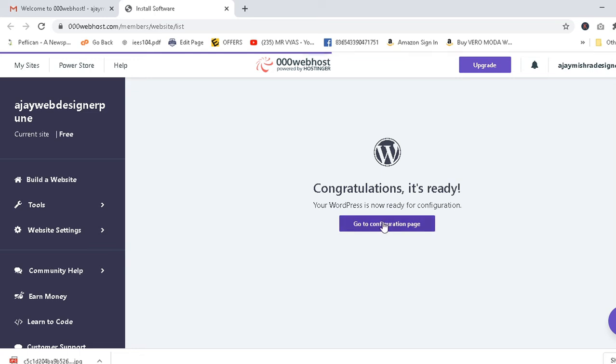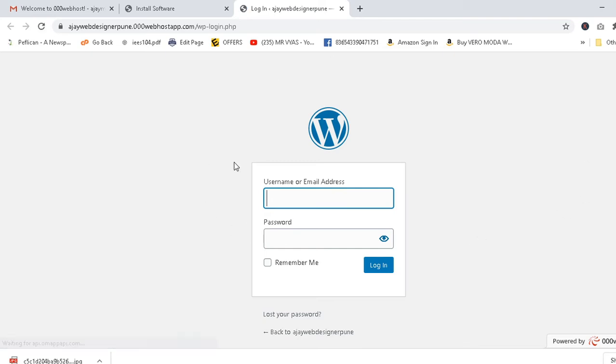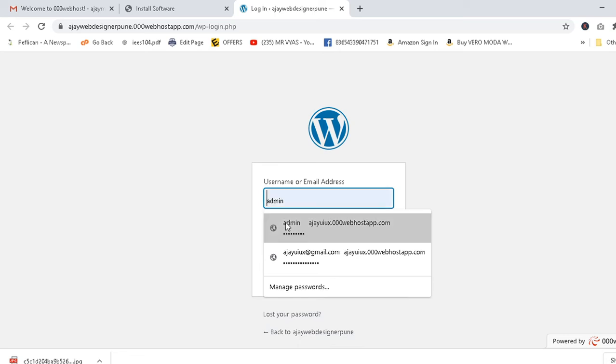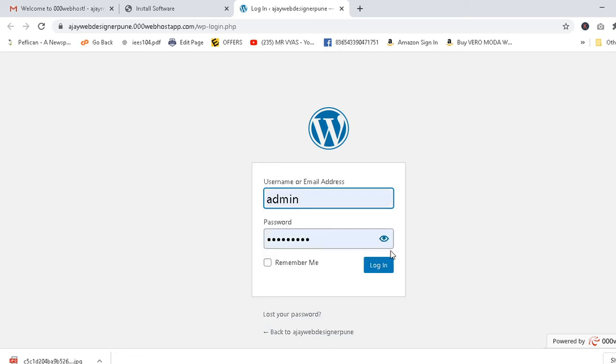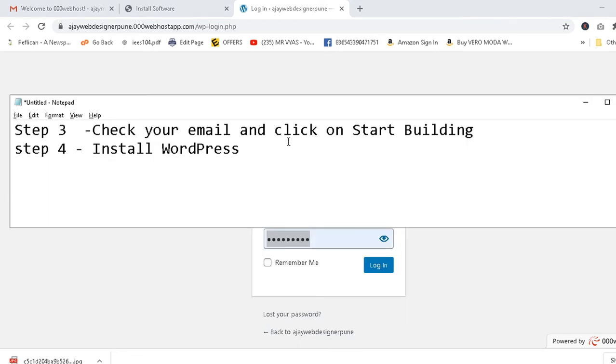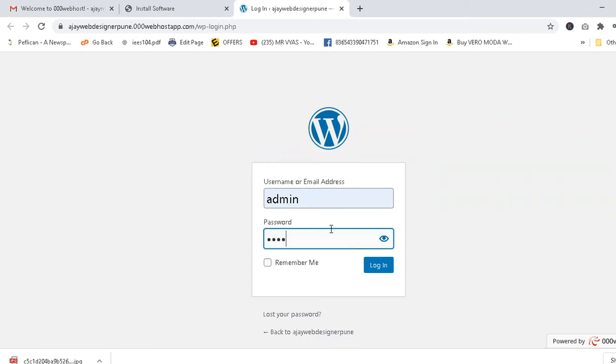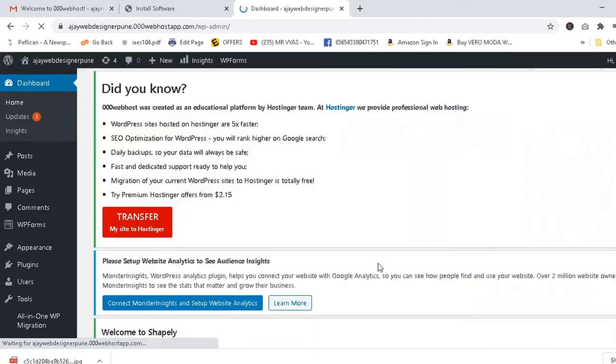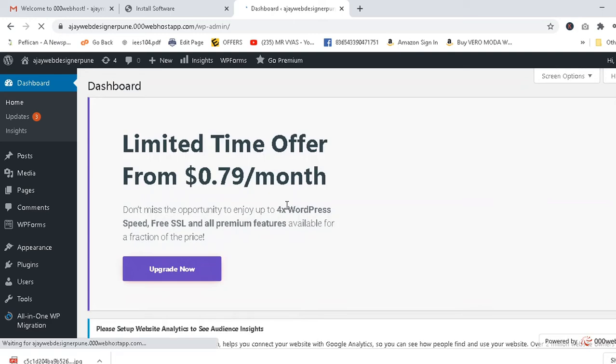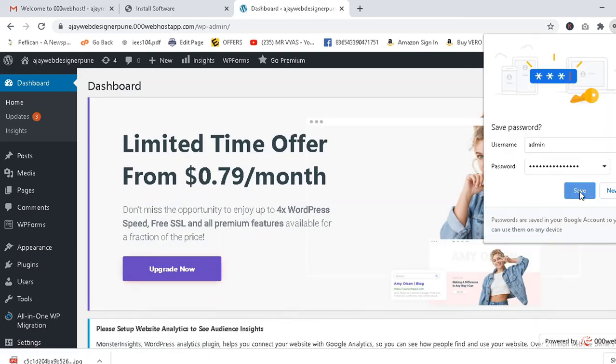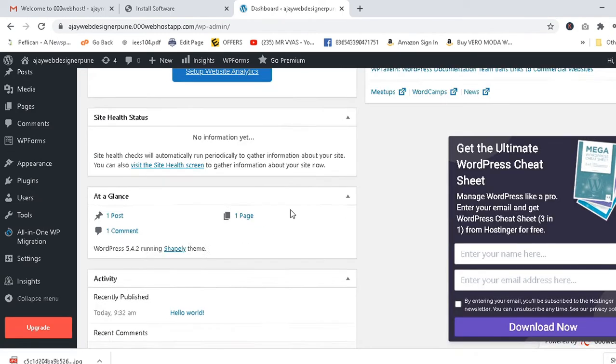Let's check. Go to the configuration page. You can click in directly there, and in here you can find this login window again. Do you remember your password or not? You should click here, and I don't know what my password is. Let's check. Okay, guys, please remember your password. Then save it if you require the password. Then right now you will reach over here.